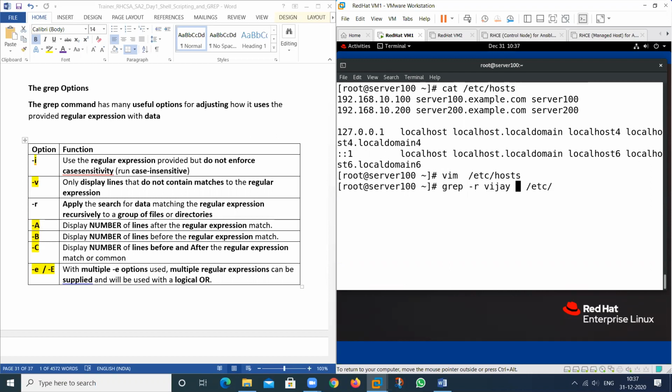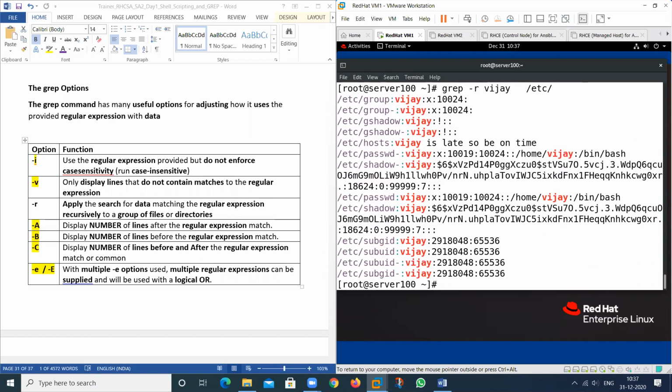The value is Vijay from this particular folder. So you can see here, if I forget in which particular file I wrote this line, then we can print. Vijay is also the name of a user, so it will search in this particular file also.